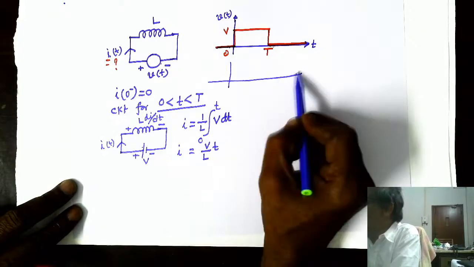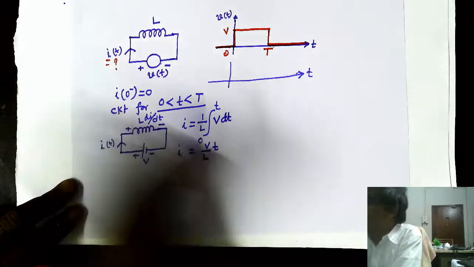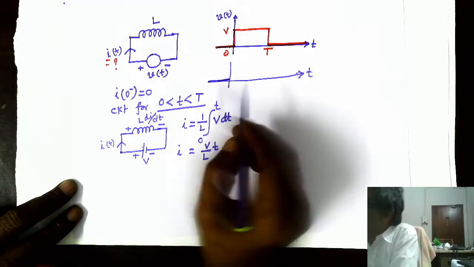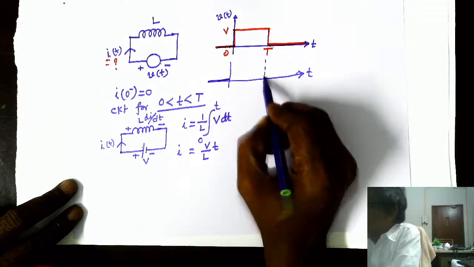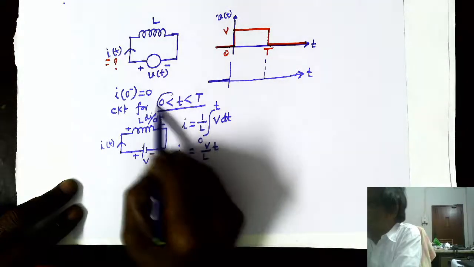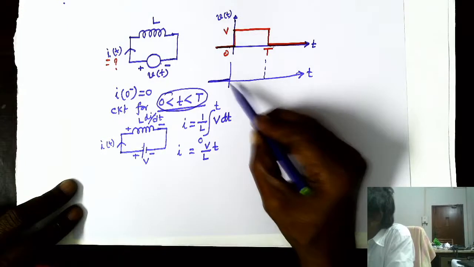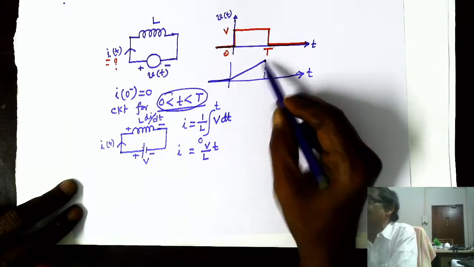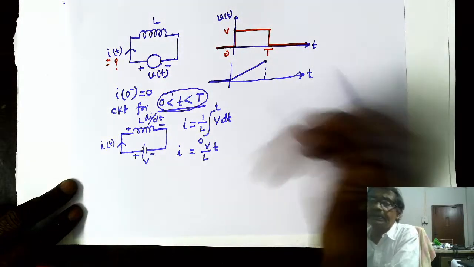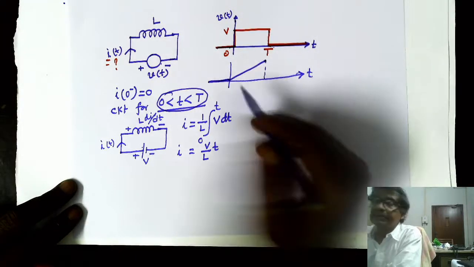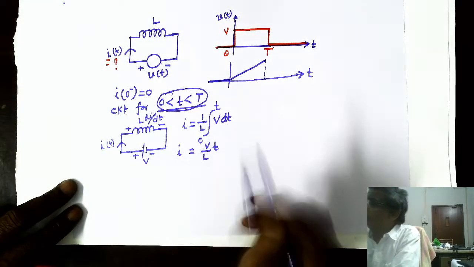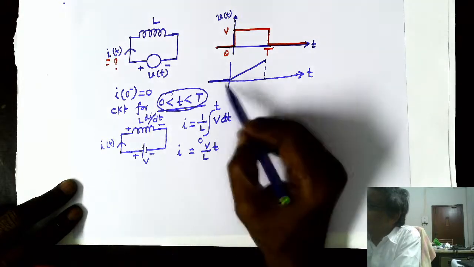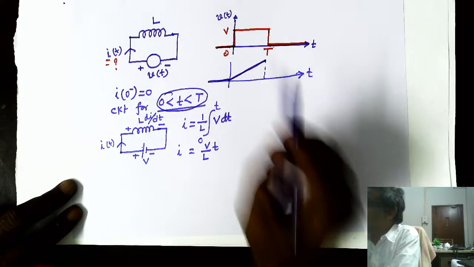So the current waveform will be, this was time and current was 0 prior to that, so 0. Then up to time capital T, in this interval this thing is going to happen. Current will increase linearly, and suppose whatever current it reaches is well within the rated capacity of the connecting wires as well as the inductor coil wire. So things will be safe. Are you getting it? So it increases linearly. It comes to this point.